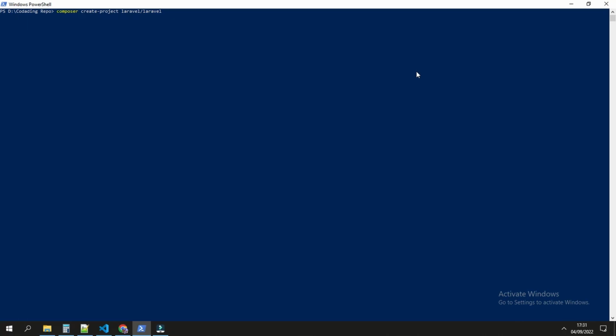In our case, the name of the project will be laravel-employee-timesheet, and we can start to create and initialize our project in that folder.